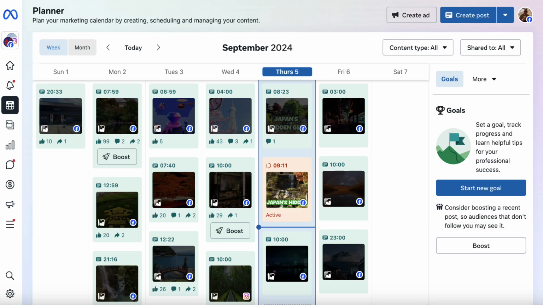And if you go back into your Meta suite in the future, say in several hours time, I can click back on here and I can see the kind of data that I'm getting. I can see the impressions, I can see the clicks, etc. And I can see which of my stories are performing well and which ones aren't performing well, and then try and create more of the ones that are performing well. So you might find that ones with text perform better or worse, videos perform better or worse. You just got to try and test different things out, but it's super quick and definitely worth incorporating